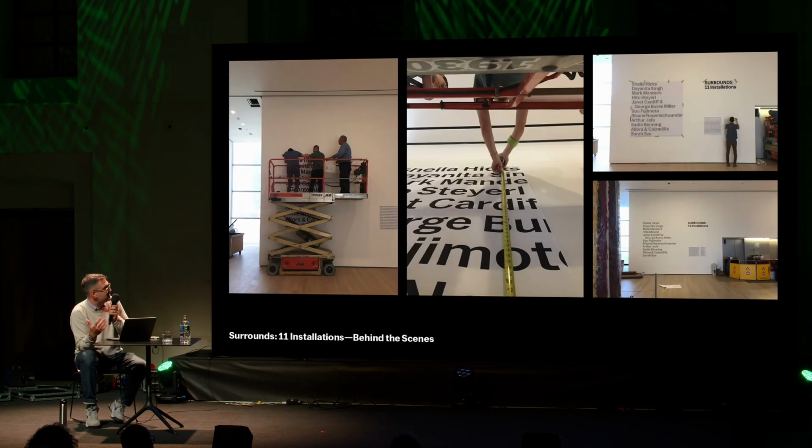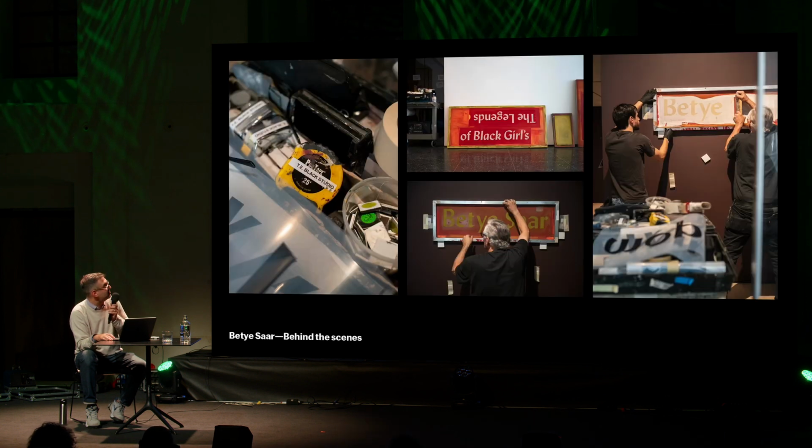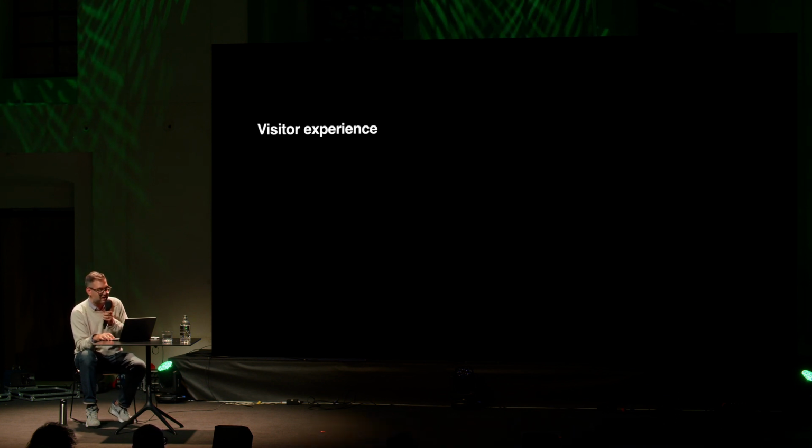So the work of doing this involves a ton of printing, scale testing, and collaboration with different vendors like the wonderful Tom Black Studios that does all of our screen printing to bring all of that to life. So I'll try to go quickly through the visitor experience here. I'm not sure how I'm doing on time, but basically this is the other side of the